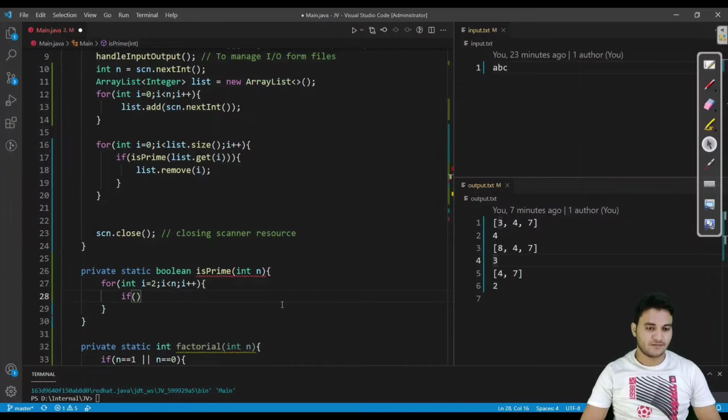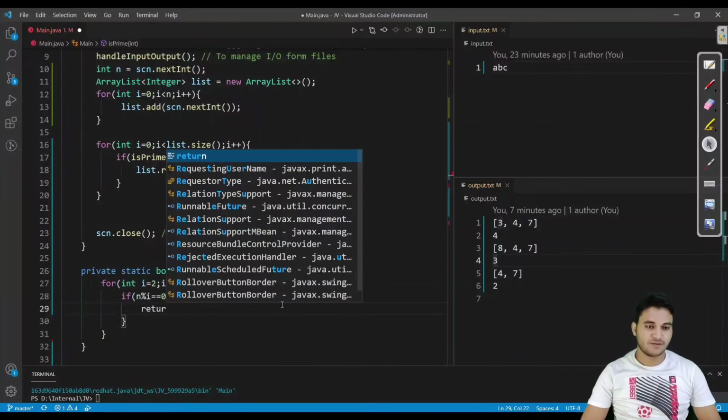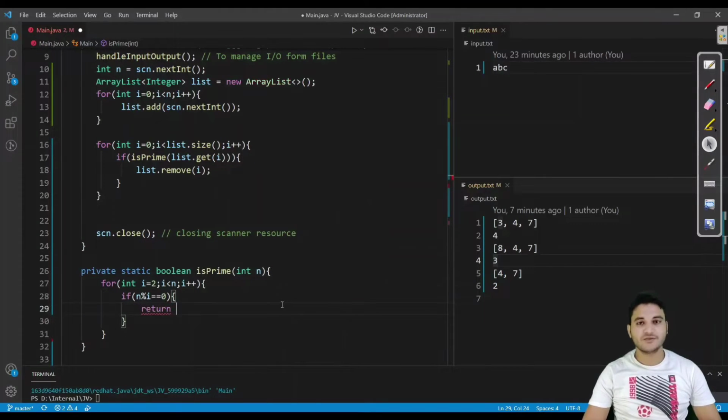If n is divisible by any number, then for sure this is not a prime number. What is a prime number? A number which is divisible only by 1 and itself is a prime number. So return false. If it is not divisible by any number, then this is a prime number, so return true.